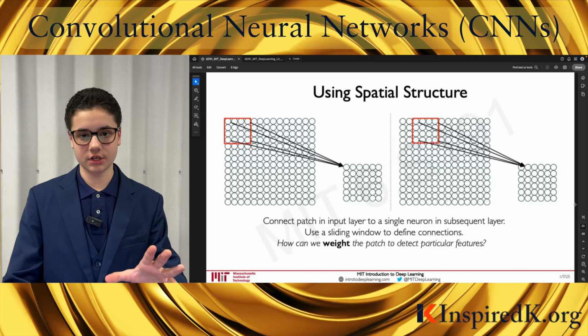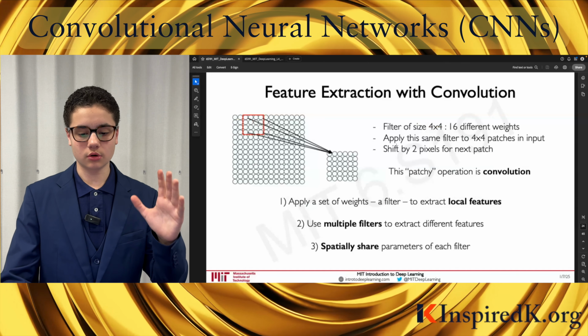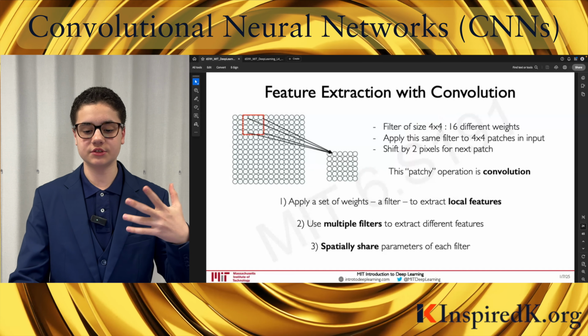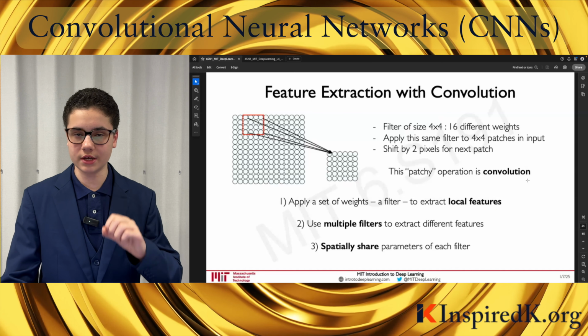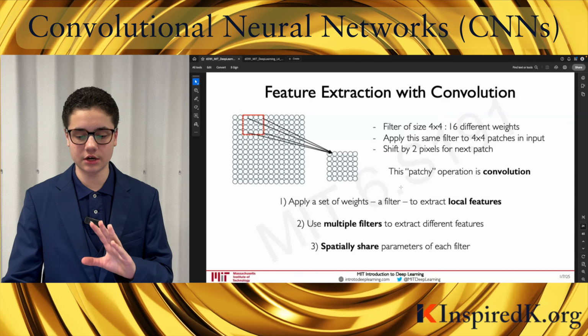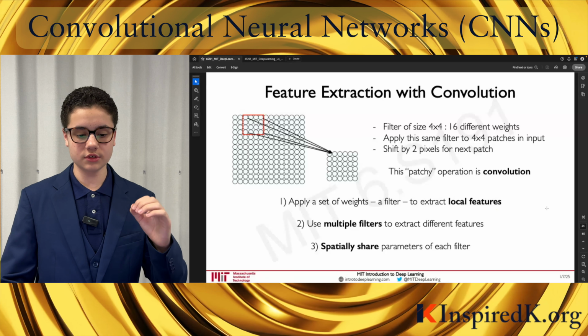So we need to understand how we can use weights on these patches. So let's define our new term called a filter, and let's say it is a size 4 by 4. This means for each filter we need 16 different weights. We can apply the exact same filter across our entire image, and that method of using a filter is called